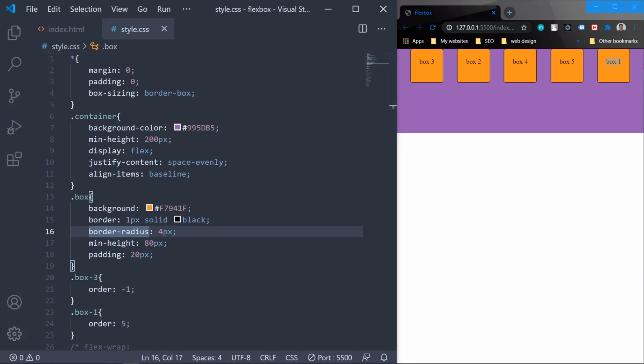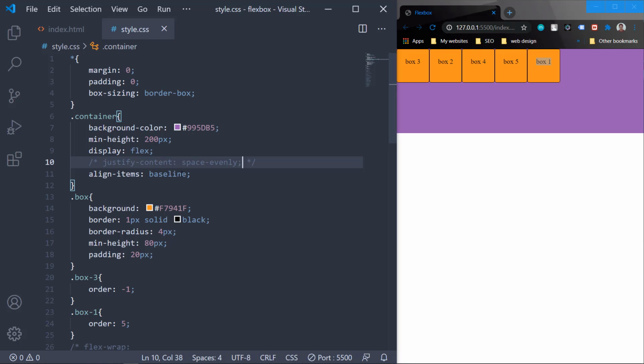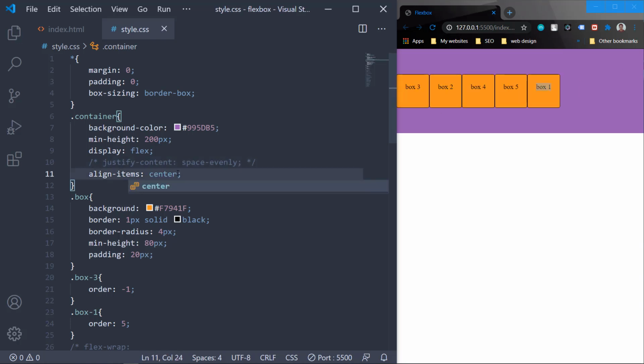Now let's talk about flex grow. It is actually the ability for an item to grow if necessary. The default value of flex grow is 0 and it only applies if there is extra space available. So I am going to comment out the justify content and also the align items maybe, and I am going to make it center.